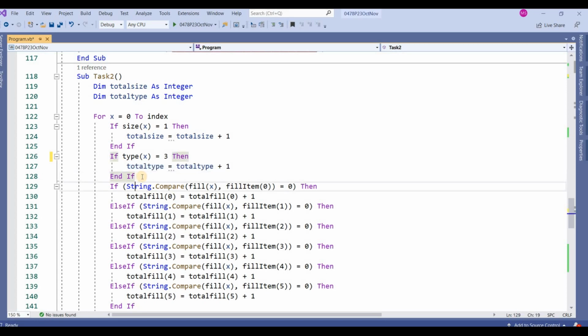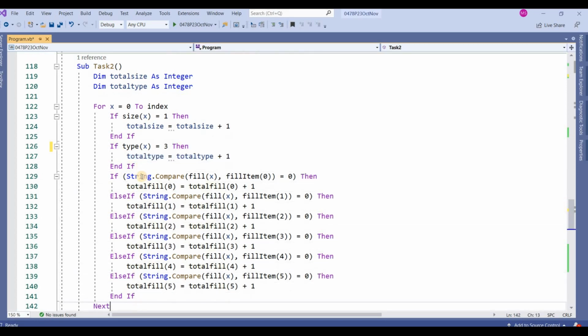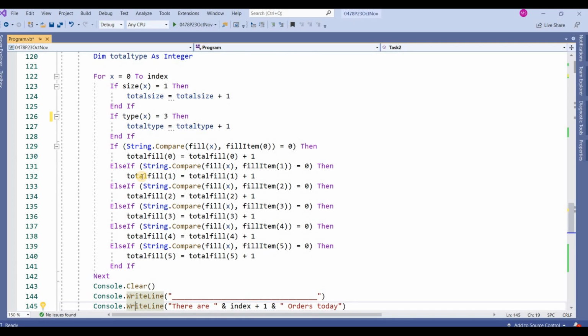And then total fill. This is an array from index 0, 1, 2, 3, 4 and 5.